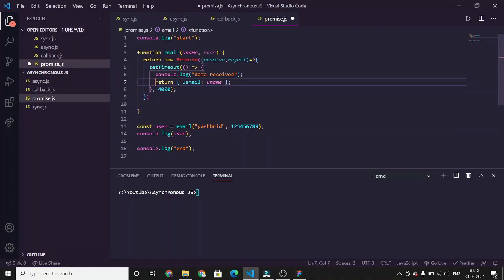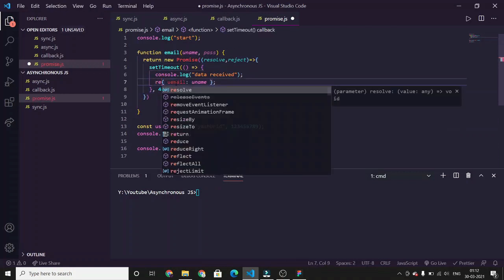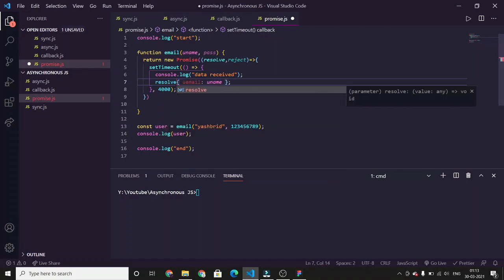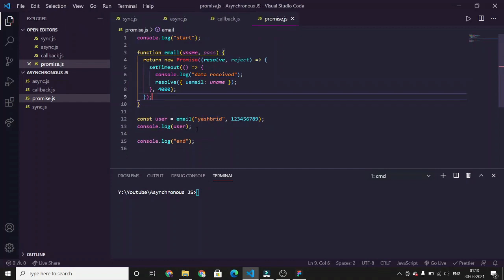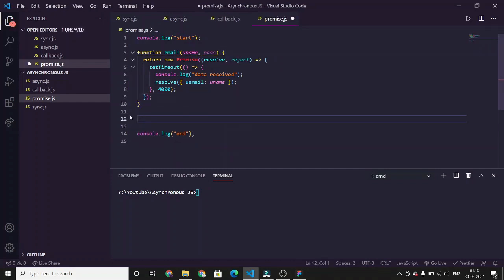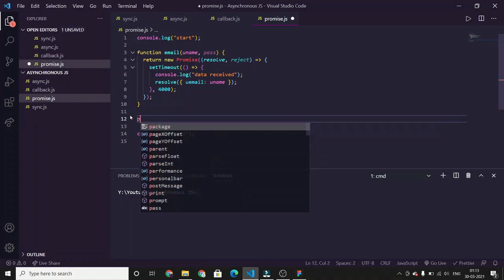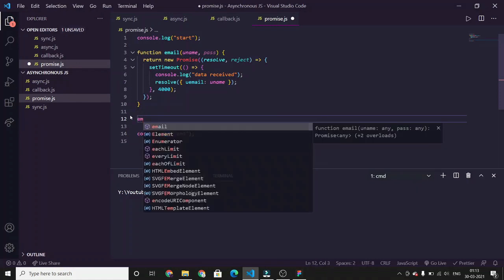So we are assuming that our promise is fulfilled, that is resolved. So it will contain this value, that is the object. Now you don't need this. To access the value, we should write email. So we are returning a promise inside the function.